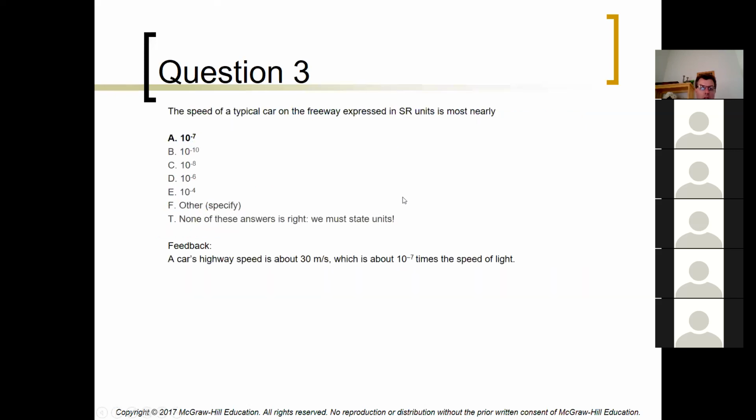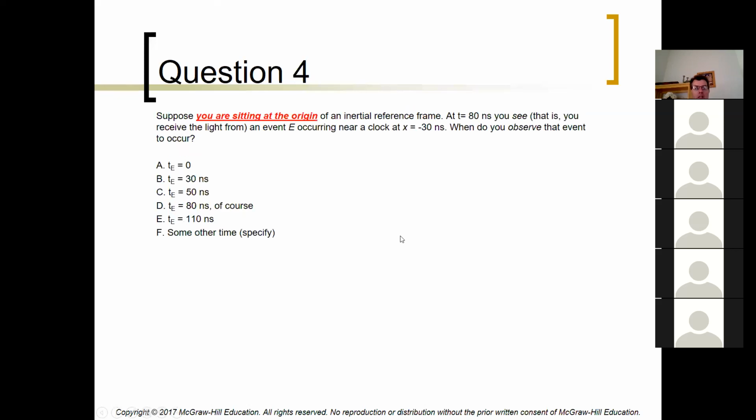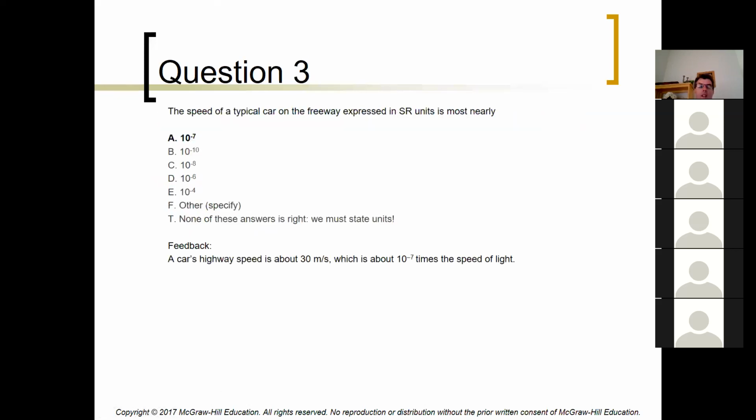Whoa. Correct answer is A, 10 to the minus 7. Why does my computer do that? Okay, because the speed of a car is going to be 10, 20, 30 meters per second. If you put 10 to the minus 8, so that you said 10 meters per second, well, that would be more like a city street. It's going to be about 20, 30 meters per second. So we take 20 or 30, maybe 3 times 10 to the 1, divide by 3 times 10 to the 8th. We get roughly 10 to the minus 7. If you said 10 to the minus 8, I get you. If you said 10 to the minus 6, well,